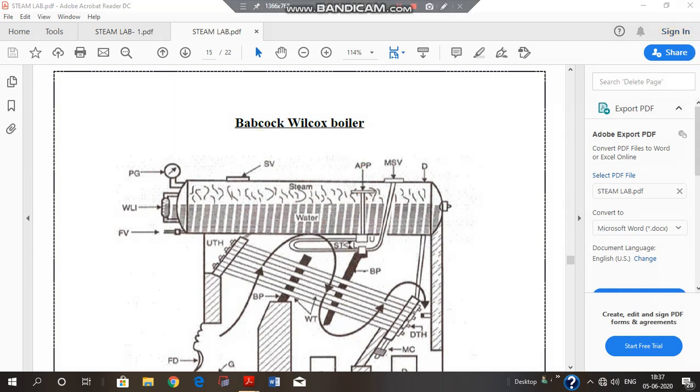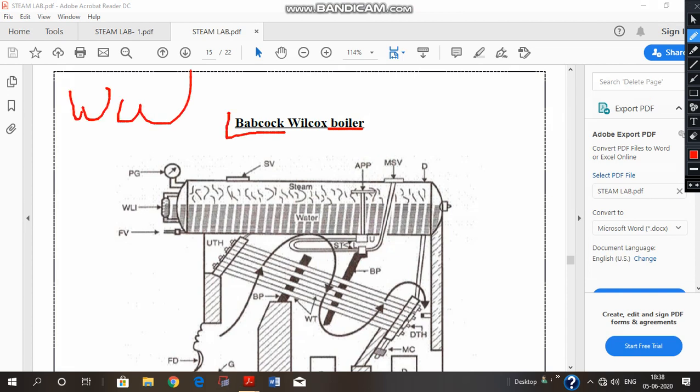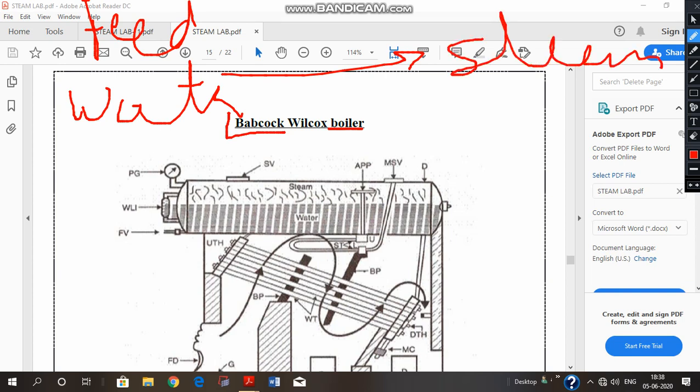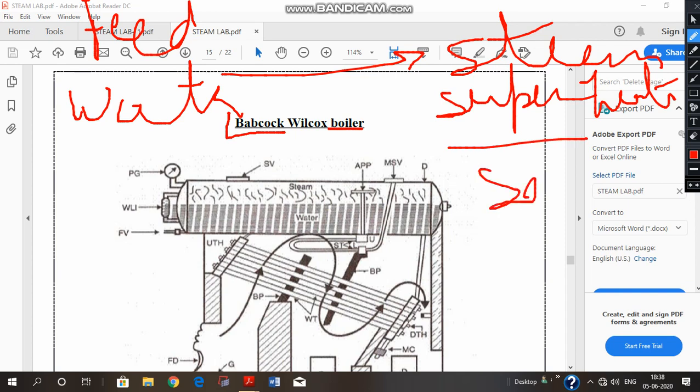Steam boilers. Now, what is a boiler? As the name suggests, a boiler is any apparatus in which water is converted to steam. This is the feed water. I should say more precisely, it is the feed water, and it is converted to steam. And which type of steam? We have the superheated steam. It would be better to call it an apparatus. The input to the boiler is the feed water, and the output is the superheated steam or the saturated steam, to be more precise.